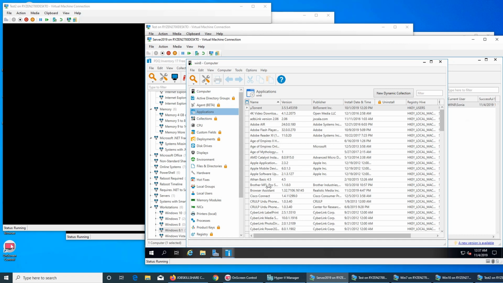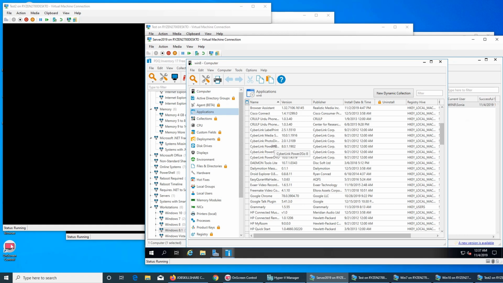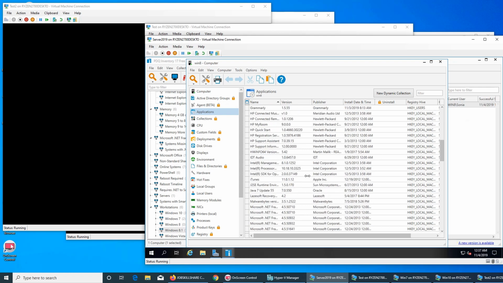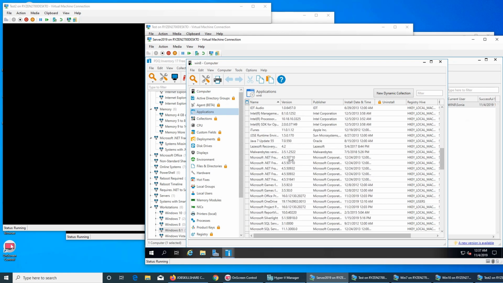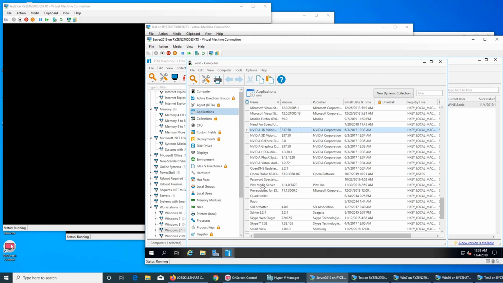I love this game. So if you remember, I have a Brother printer from my other video. I installed it over the network. This is the keyboard. I have Cyberlink Media over there. I never used it. Daemon Tools, Dailymotion, and so you have all the software here. Now if you want to install quickly, this is the Quark wallet, this was a coin mining thing, Plex Media Server,